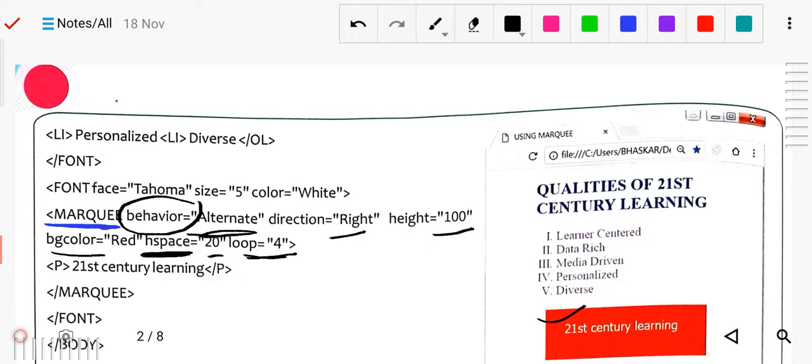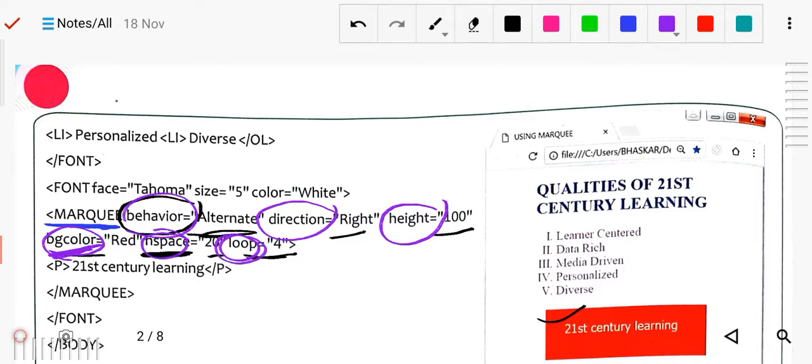So all the attributes are used here: behavior, direction, height, and background, because background is used with the body also, and here it is used with the marquee also. Then hspace is horizontal space, and looping means how many times it will run.